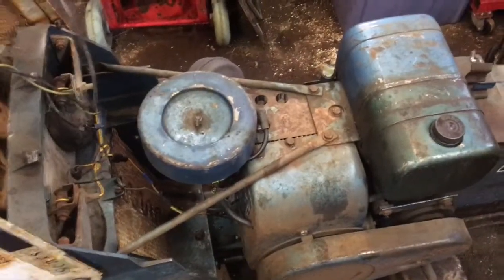I don't know if it's just me or if this happens to any of you, but when I got this thing parked in the garden